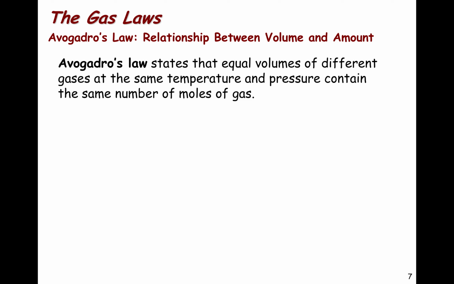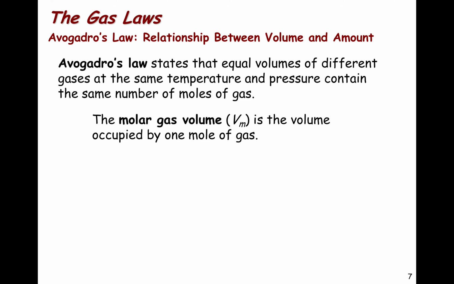Another relationship is the relationship between the number of moles of gas within a container and the volume of the container under constant pressure conditions. And this is known as Avogadro's law. So it turns out that if you increase the number of moles of the gas, the volume must increase. So hence there is also a direct relationship between these two variables. And so we can then also derive the so-called molar gas volume, which is the volume that 1 mole of a gas would occupy under a set of standard